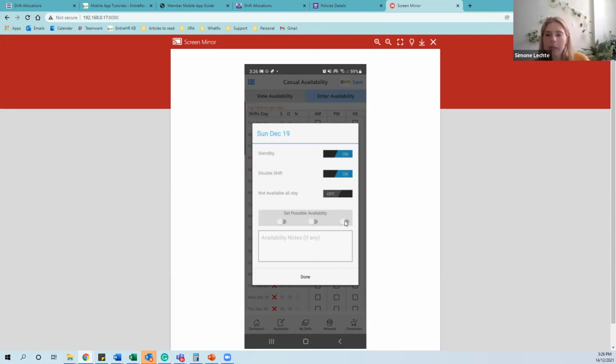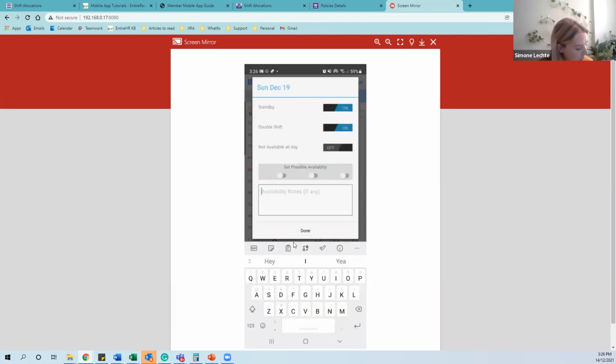And it means that your members can actually highlight if they're possibly available. Now, this feature can be really handy if, say, someone needs to know 2 weeks in advance. So they're going to put themselves down as possible, and then they can put in notes as to why. So in this case, require babysitter,